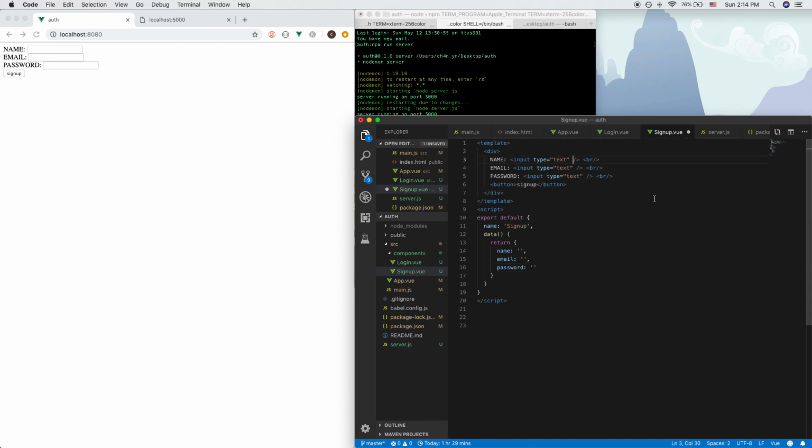And here, in order to bind the input value to our data field, we'll be doing v-model. So this is a name field, we'll do v-model name. V-model email, v-model password, and